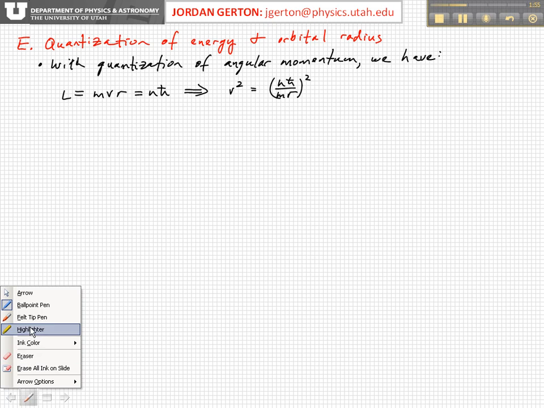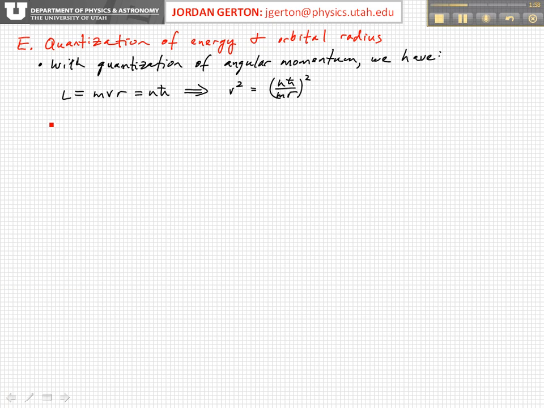Okay, so what this gives us then is a v squared, and so the kinetic energy is equal to 1/2 mv squared, again, for a non-relativistic particle. And so this is equal to 1/2 m times n h bar over mr, squared, which in the end we already saw is also equal to 1/8 pi epsilon naught times Ze squared over r. Okay, so now we have a relationship between r, which appears on both sides of the equation, and n,